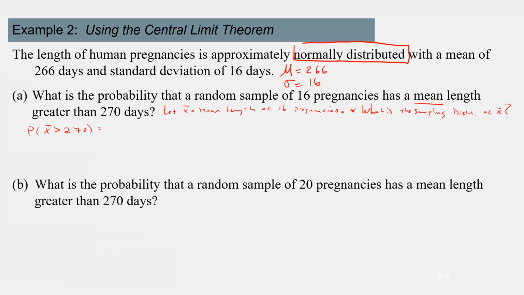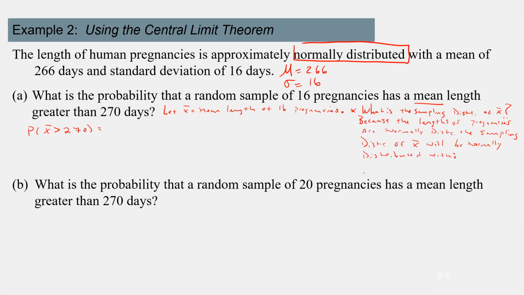You can just say something like this: because the lengths of pregnancies are normally distributed, the sampling distribution of X bar will be normally distributed with